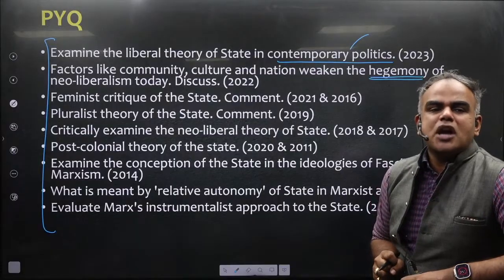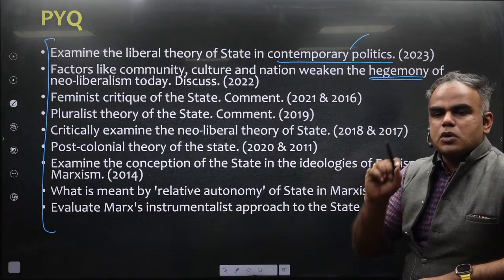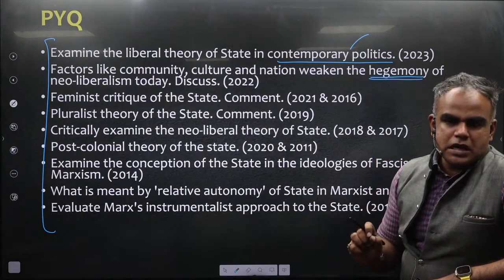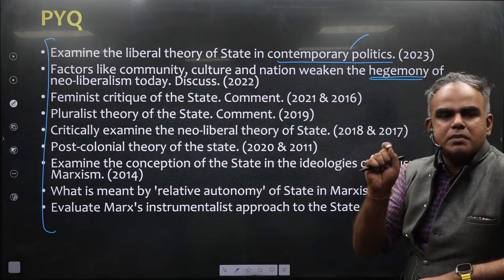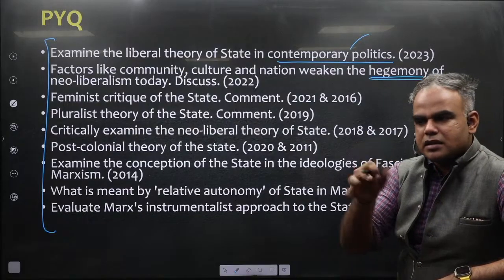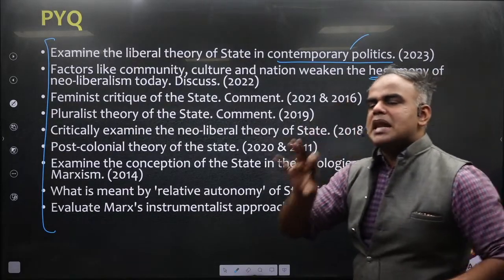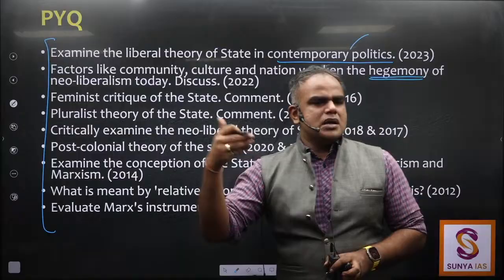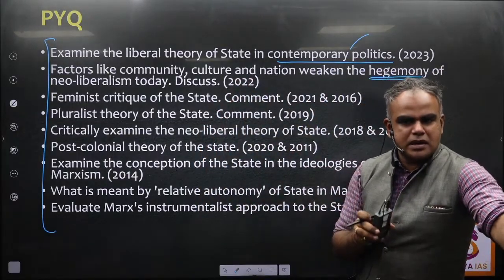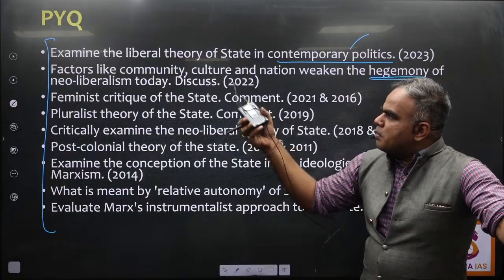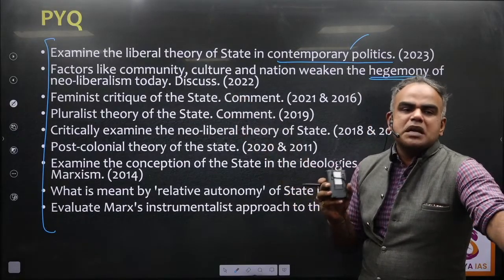And one of the biggest challenges neoliberalism faced was during COVID-19. Now neoliberalism specifically talks about market fundamentalism. It will say that the state should have as little of a role as possible. We'll see it through the words of Nozick, Hayek, Milton Friedman, etc. But it also faces multiple challenges.